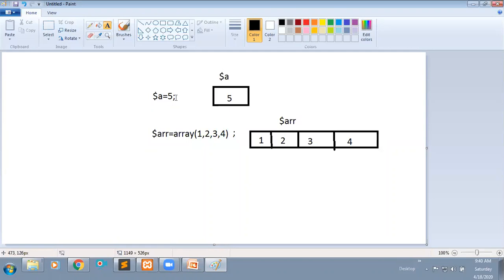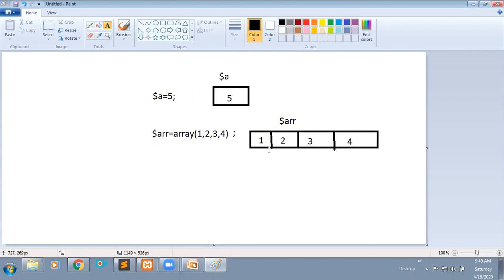If you want to store multiple values in a single variable, you need to go for the array concept. Here, $arr means the array name. By using the array function, I'm creating one array, within which I'm storing the elements 1, 2, 3, 4.